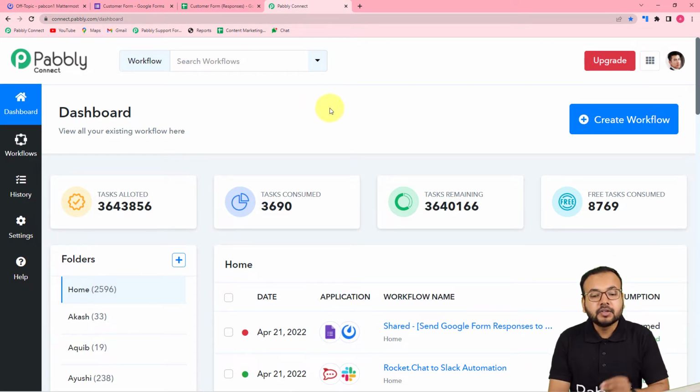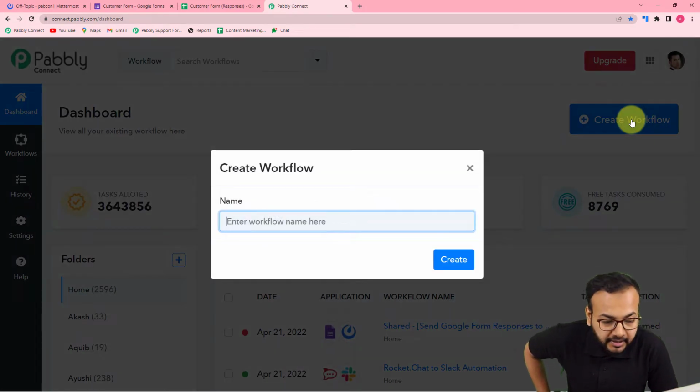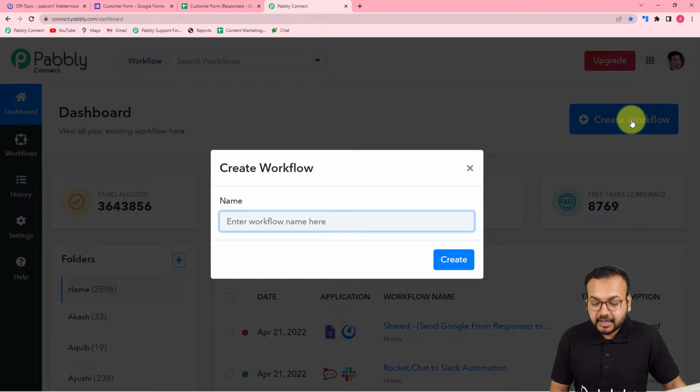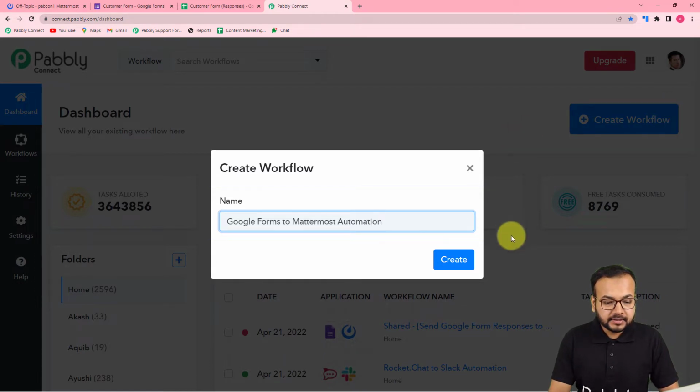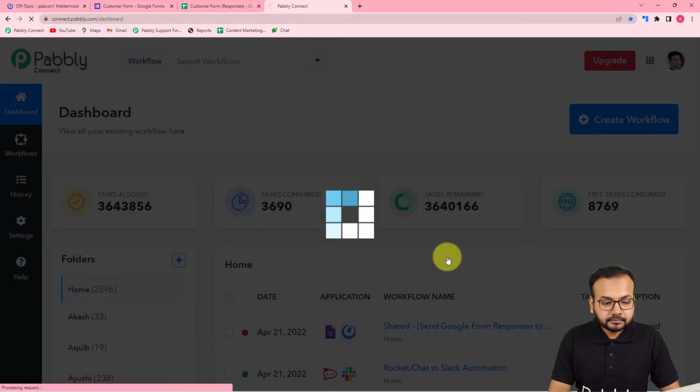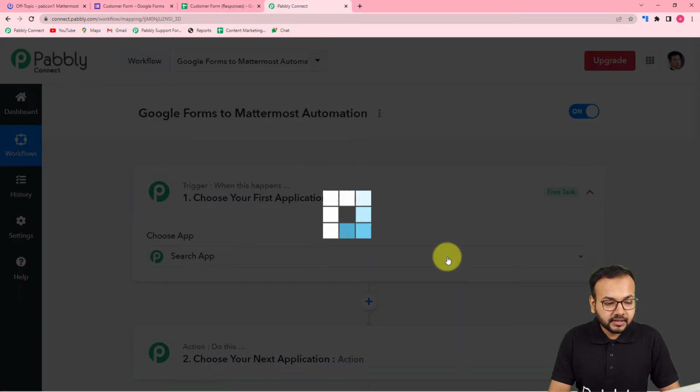And guys, here you have to create a workflow of automation, and to do that, just click on this create workflow button, and here you can give a suitable name to your workflow. So I'm giving the name here as Google Forms to Mattermost automation. Okay, now you can click on this create button and you can see your workflow is created here,